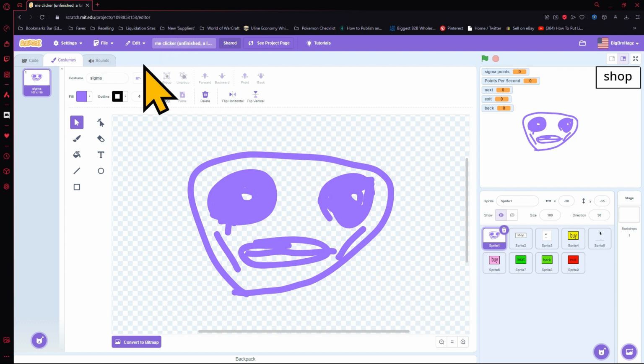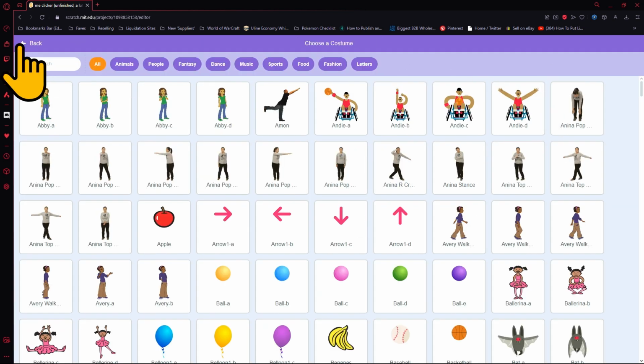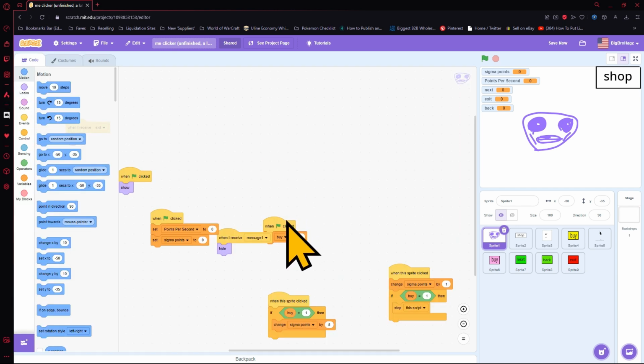So just create a sprite, paint it, or you can use one of these, but it's better if you just create your own. So, next, what you want to do is create